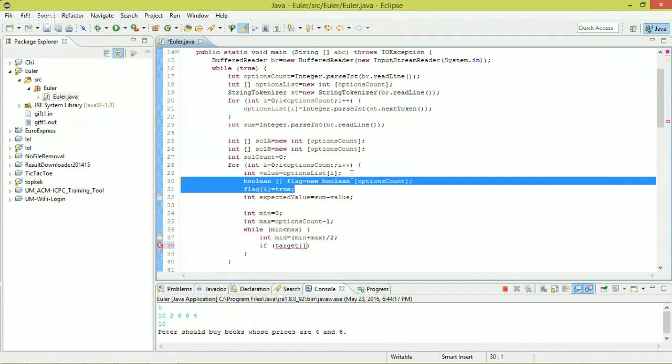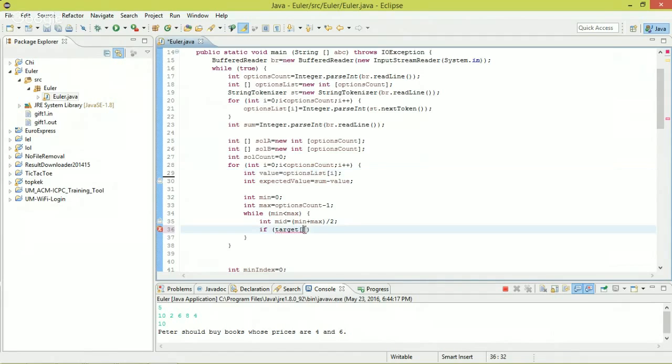We can do the comparison directly. If target is expected value,